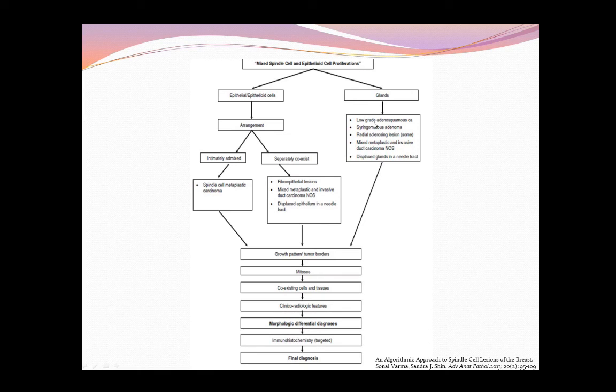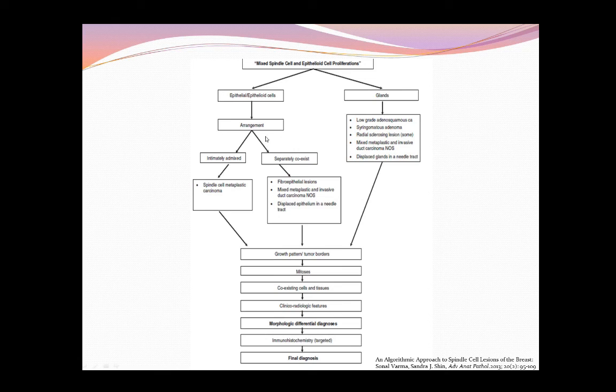It can be low-grade adenosquamous carcinoma, which is one of the descriptive classifications of metaplastic carcinoma; syringomatous adenoma, which is common in the nipple; radial sclerosing lesions; mixed metaplastic and invasive carcinoma, not otherwise specified; and displaced glands in the needle tract. You would often see, when there is a biopsy, these glands get displaced, and when the scar gets fibrosed, you feel like it's a residual or invasive carcinoma,